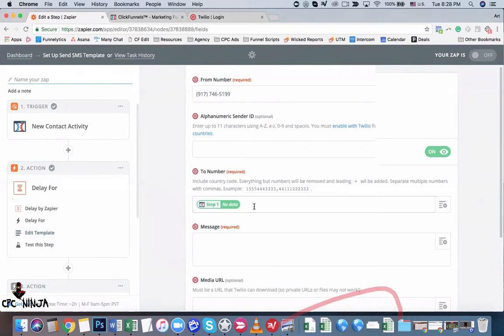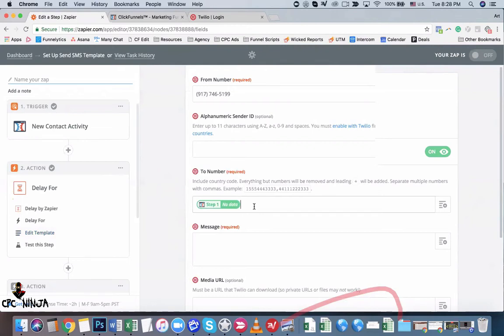Now the catch is this. When people do this, they don't ever enter their country code, do they? Normally they don't. If you're in the UK, they enter like a 07, or Australia 07, or in America, they don't enter the +1. They just enter their 747, blah, blah, blah. So